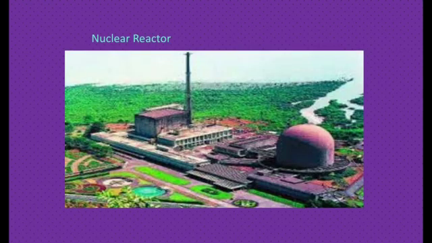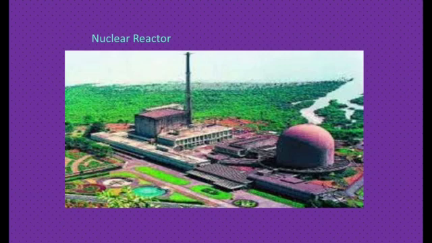Next is nuclear reactor. Nuclear reactor is a machine that generates electricity on a large scale by using atomic energy. See the diagram, children. The nuclear reactor is shown over there. In a nuclear reactor, the nuclear energy in the atom is released by bringing about nuclear reactions on the nuclear fuel. Let us understand a nuclear reaction with the example of a nuclear fuel, namely uranium-235.